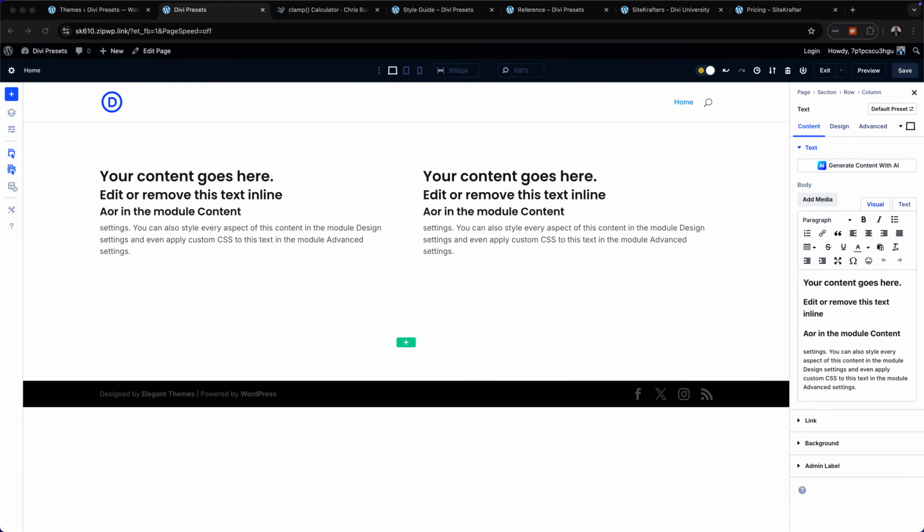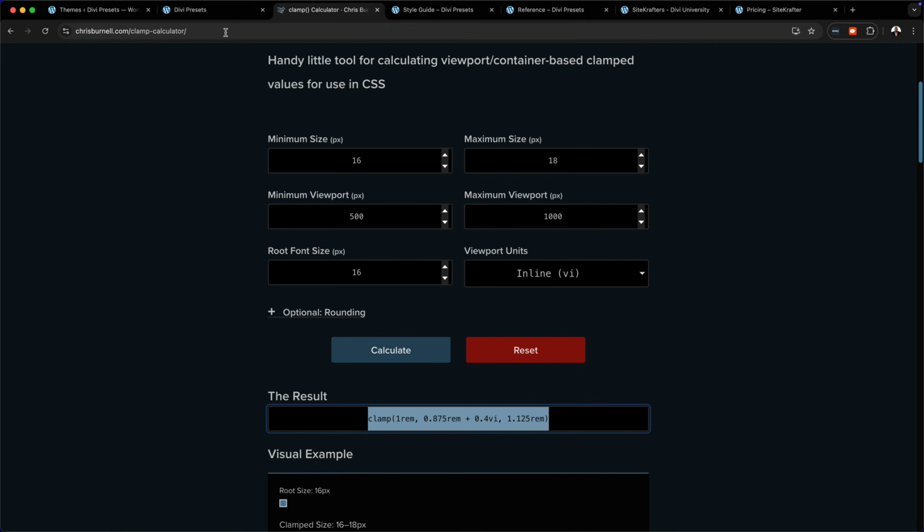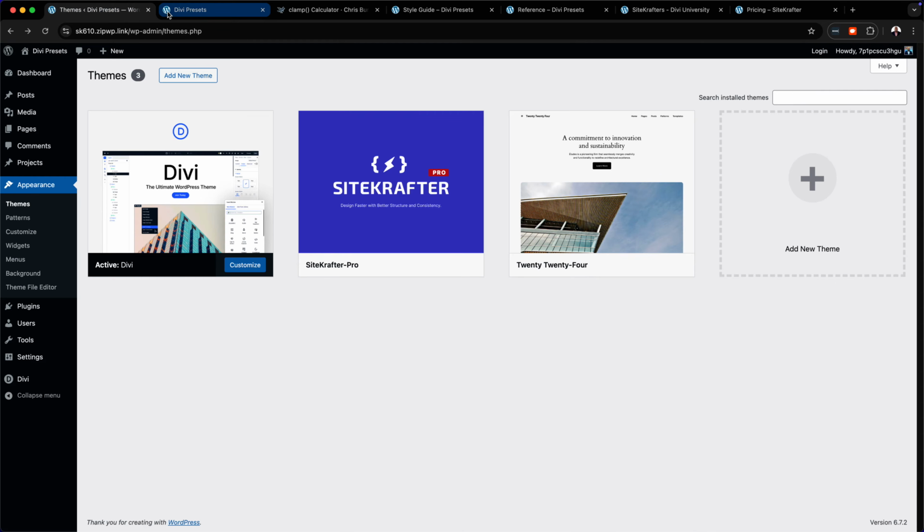So over here, I've set up the latest Divi 5, and this is a text module. So ideally, we want to make this fluid. So the process would be, you'd go to a website like this one right here, where you can collect your clamp units. So here we have our 16 pixels as minimal, and then here we also have our maximum value, and this is what our clamp calculates. So I'm just going to highlight this, copy it,